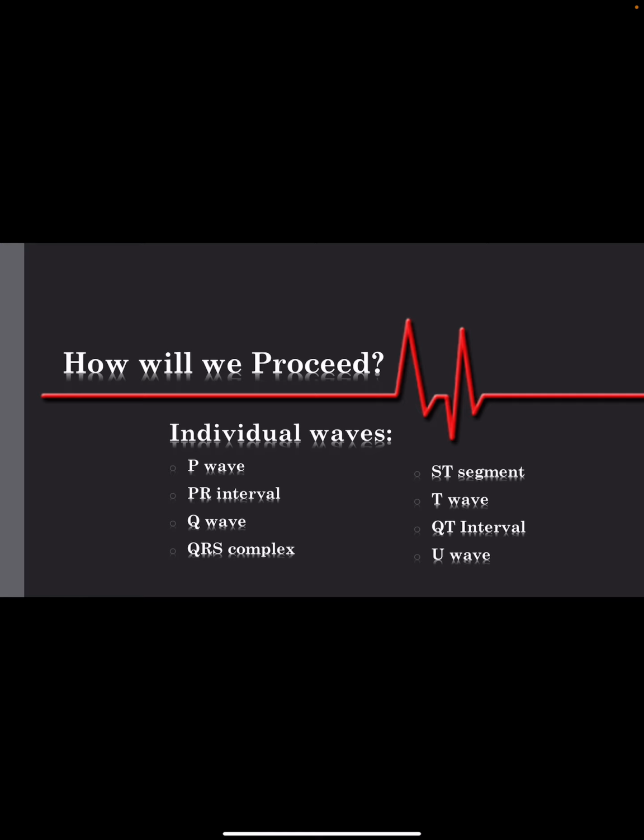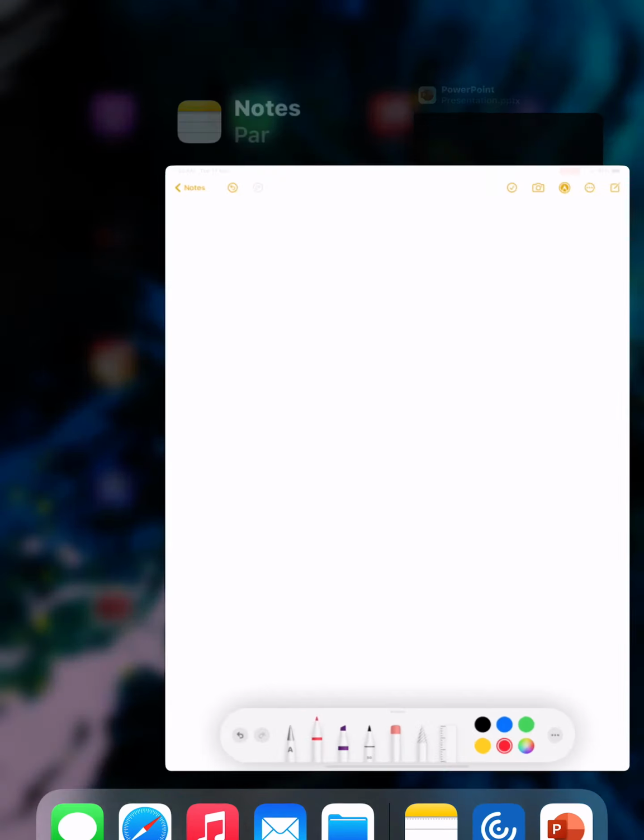Now it is the best time to learn about the real deal, because we have made our basis to learn about ECG, and now we will discuss the different waves, intervals and segments which are present in the ECG individually. And this particular video will be focusing only on the P wave, the normal P wave and P wave abnormalities.